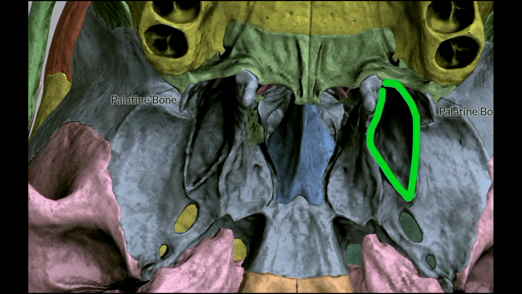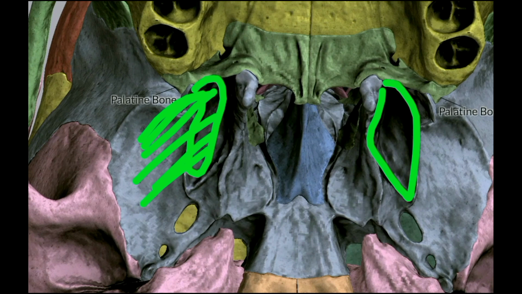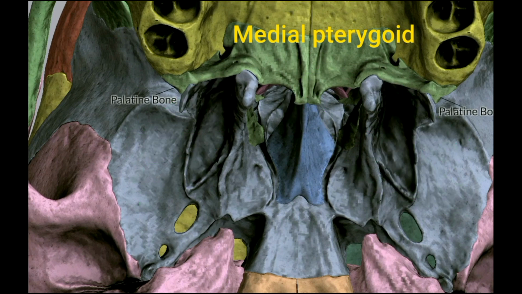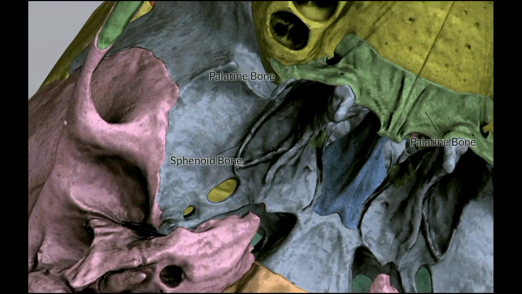So that is the medial surface giving origin to the medial pterygoid muscle. We have also discussed the medial pterygoid muscle in the infratemporal fossa animation, and we have seen it in dissection. Please go and watch again. That is the medial pterygoid. So this middle part is very important, and we have discussed the paramedian parts of the middle part, the medial pterygoid plate and lateral pterygoid plate.